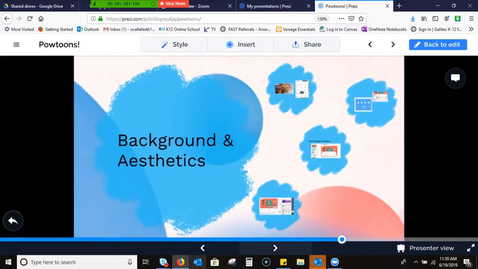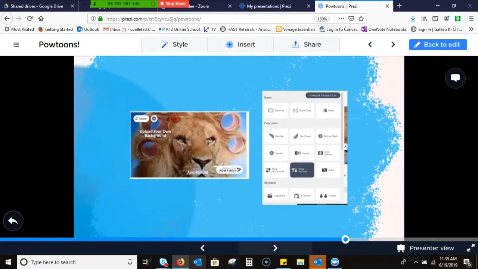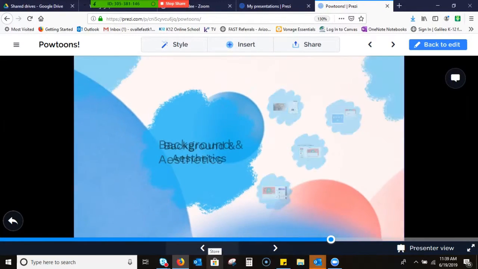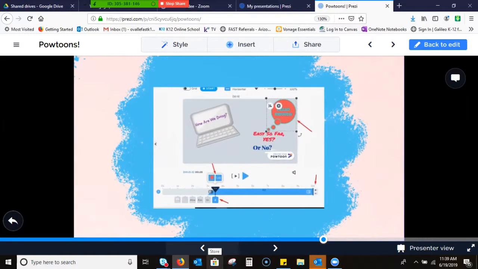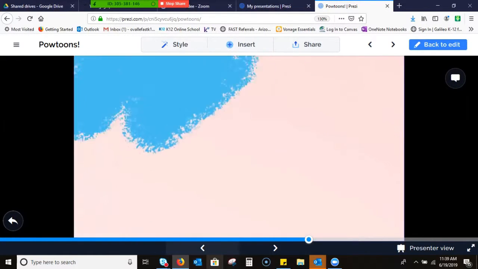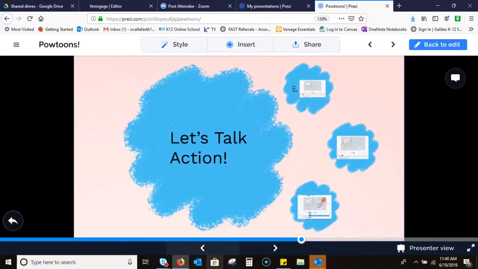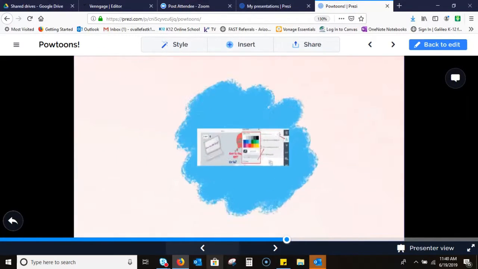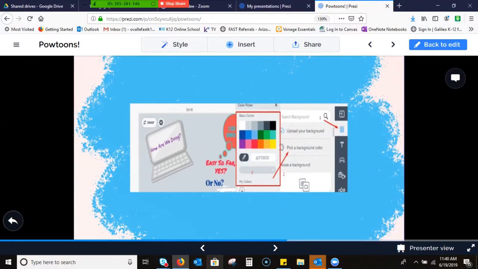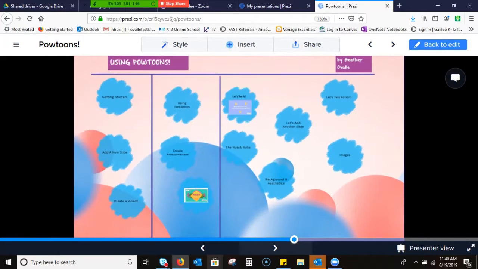Talking about background and aesthetics. As I said before, we can upload our own background. I just clicked on my image. Let's go back to one that has a tool here. Here we go, the tools. I want to upload my background, so I clicked on background. I'm going to go ahead and upload my background, and when I click on that, it's going to take us to